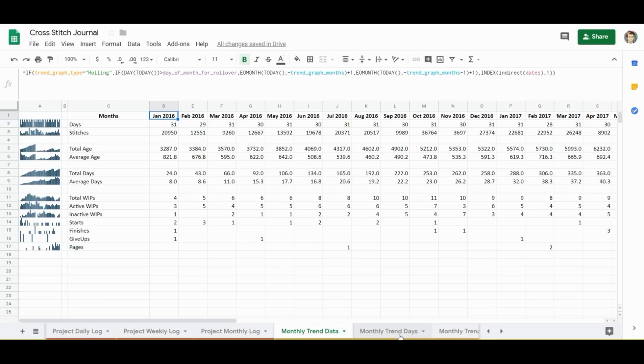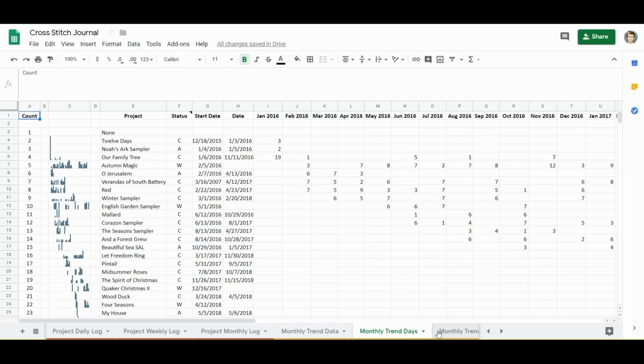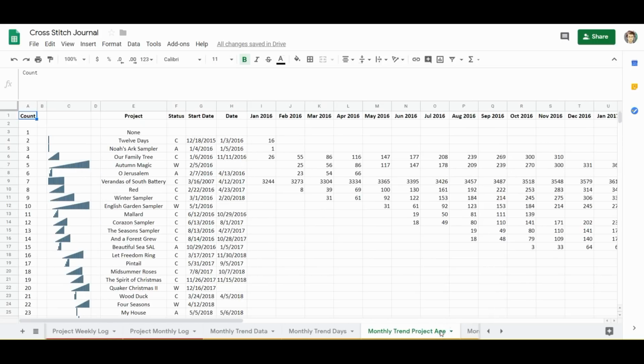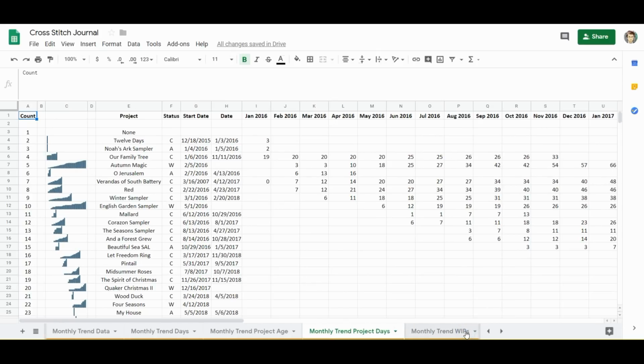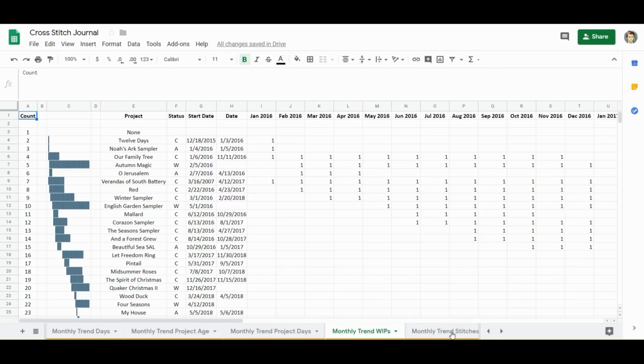And then I have a bunch of sheets that are used to calculate some of the data in here. I won't go through all of these in a lot of detail, but this is the number of days that I've worked on each project over time. The age of each project, so you can see as time goes on, each project gets older, and it gives you a feel for when you started projects and when they finished. This is the number of days I've stitched each project, so you can get a feel for when I stitched on them. When each project was